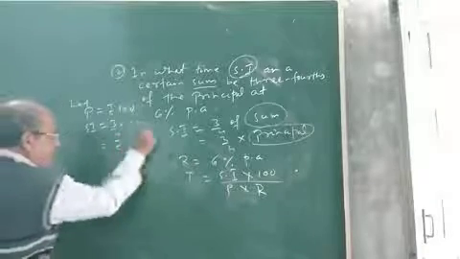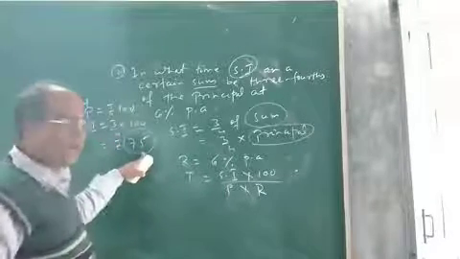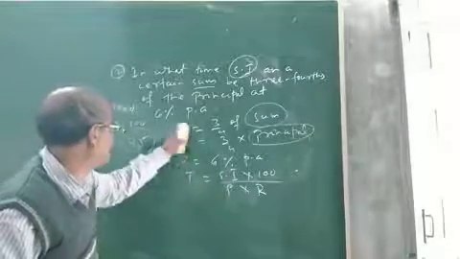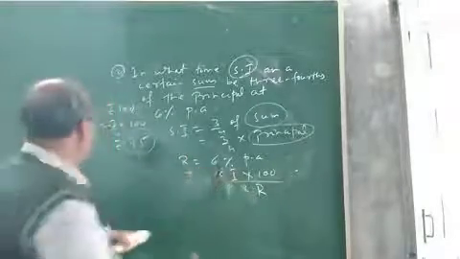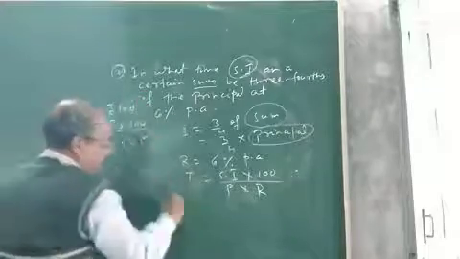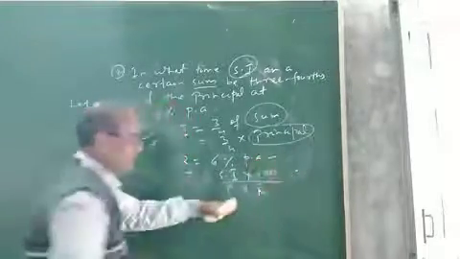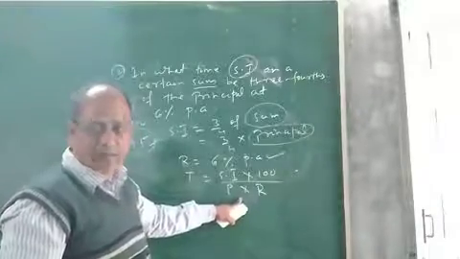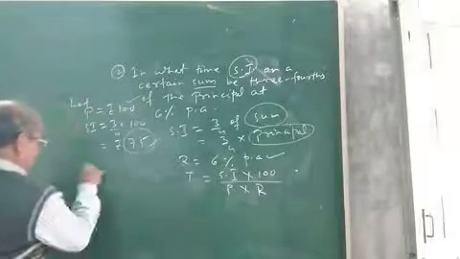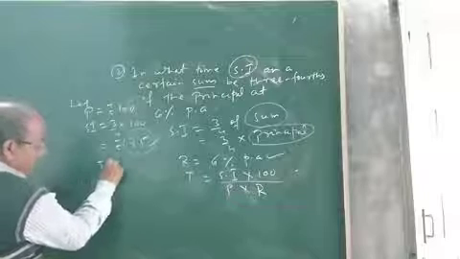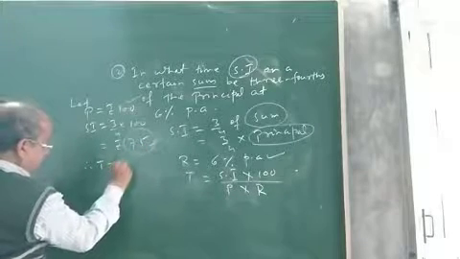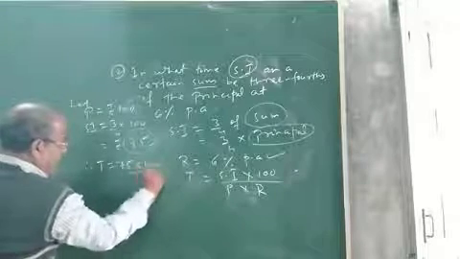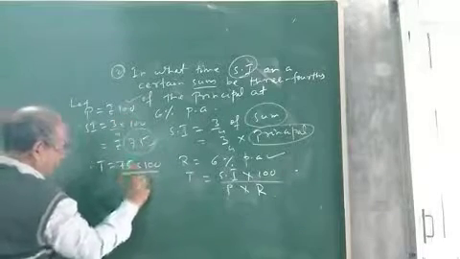See, this is the simple interest value. Now this is simple interest, this is principal, and we know the rate of interest. Rate of interest is given as 6%. Now put these values in this formula. You can easily calculate or find out the time period. So therefore T equals SI into 100 by P into R. SI is 75. What is the value of P? It is 100. What is the value of R?